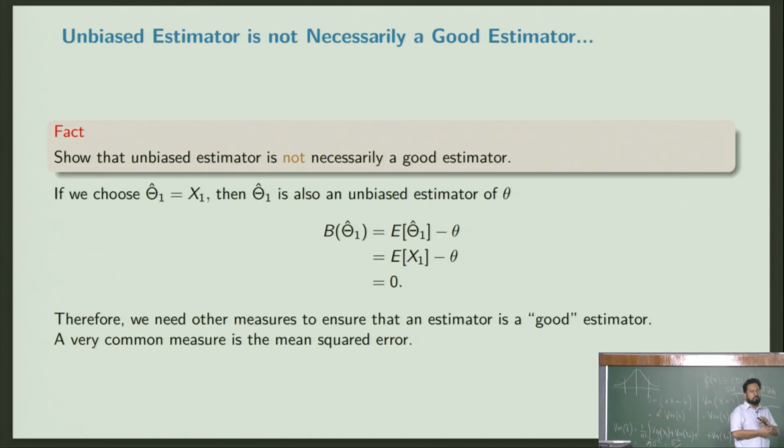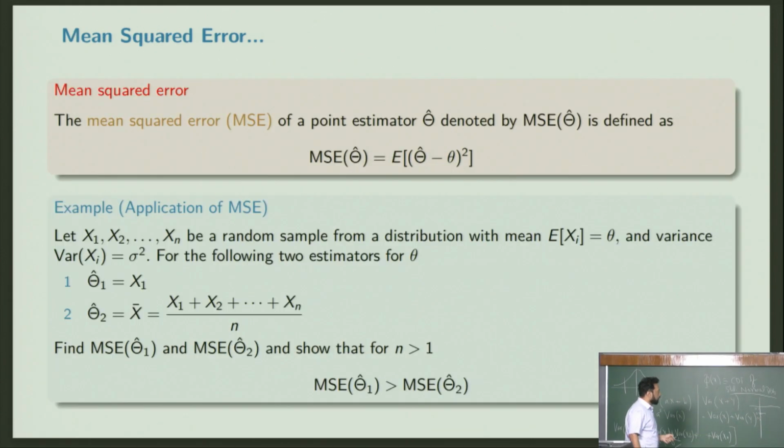Another way to look at this is that even the measure that we use, the bias, needs to be updated. So we need another measure to define our estimator. That's why we will go for mean squared error. The mean squared error will prevent such issues, as we will see. In some cases you may be okay with computing bias and you may be happy, but it's a bit risky. Sometimes you may also want to go for mean squared error. That will kind of protect you.